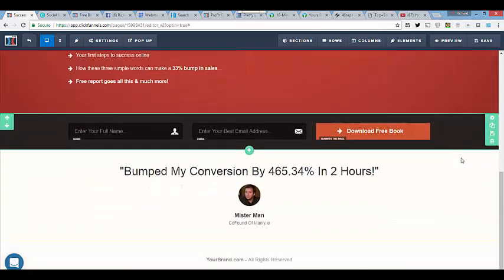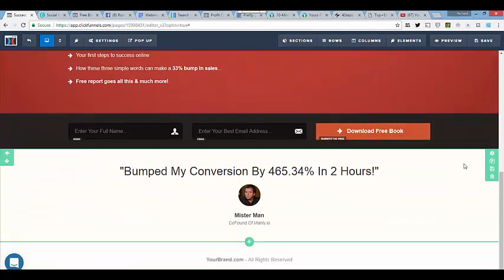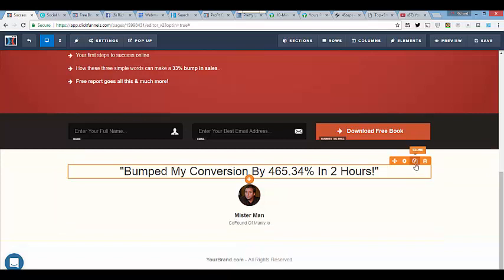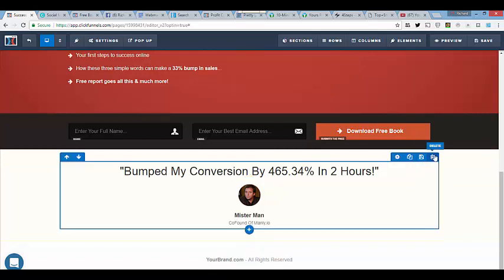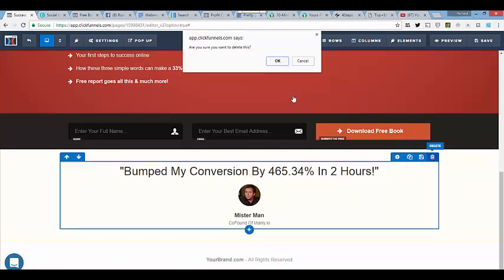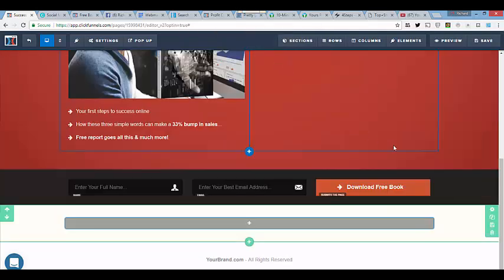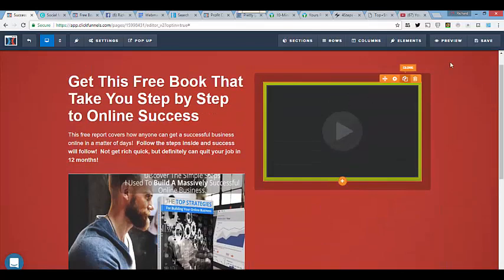The other thing that I want to do is delete this out of here. All you have to do is get the box around it, hit the trash can, click delete, and it's gone. You can add something else down here if you want to, but I'm good. I'm just going to leave it as it is. Again, anytime you make a change, it's always smart to save. And then if we preview,